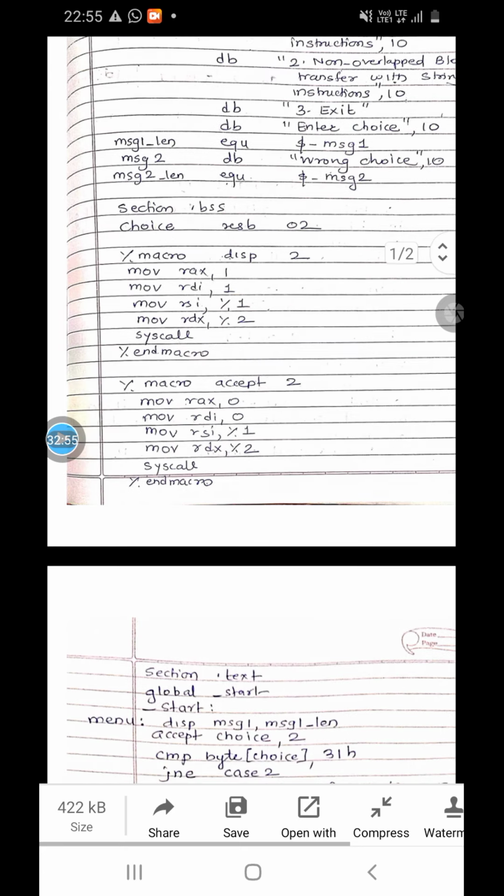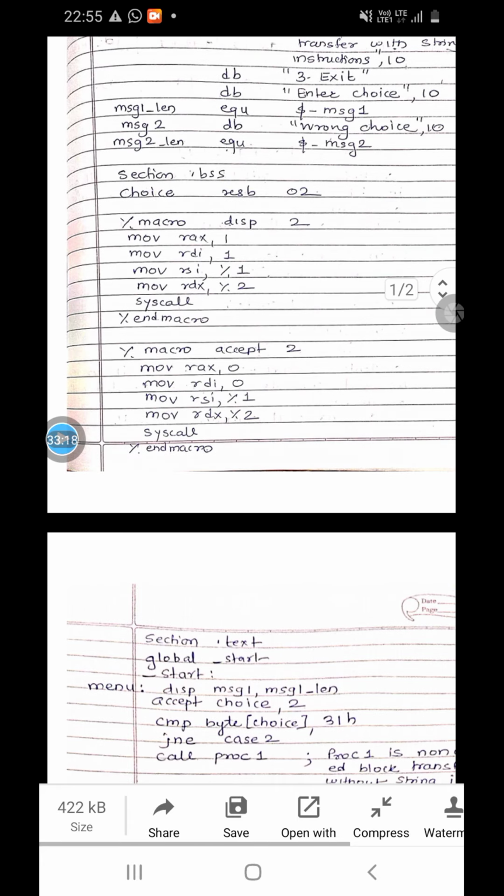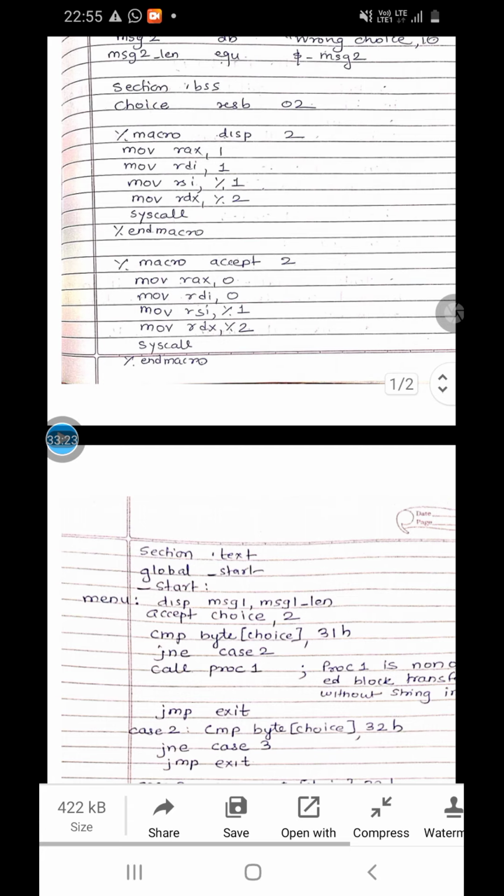We have declared 2 macros. One macro, percent macro, disp, name of the macro, number of variables which are passed are 2. Move rax comma 1, move rdi comma 1. We know we have to use a write system call. Move rsi comma %1, move rdx comma %2, syscall, %endmacro. So we are using this macro for displaying various messages, and we have to declare one more macro for accept, and we are using a read system call in this particular macro.